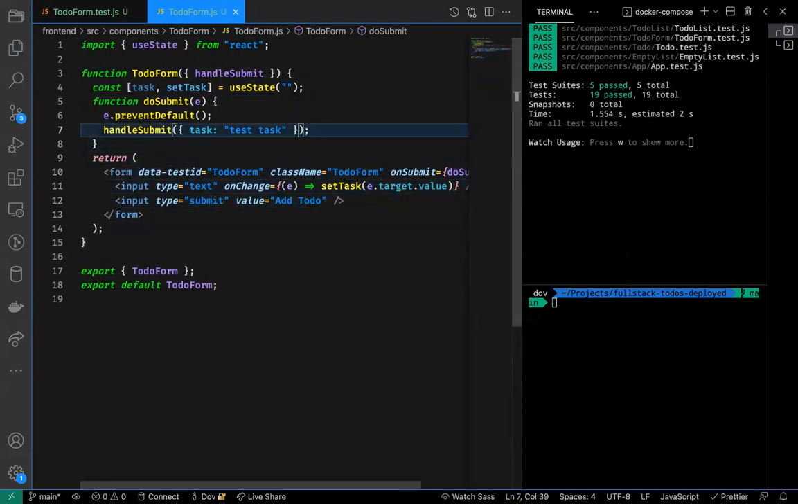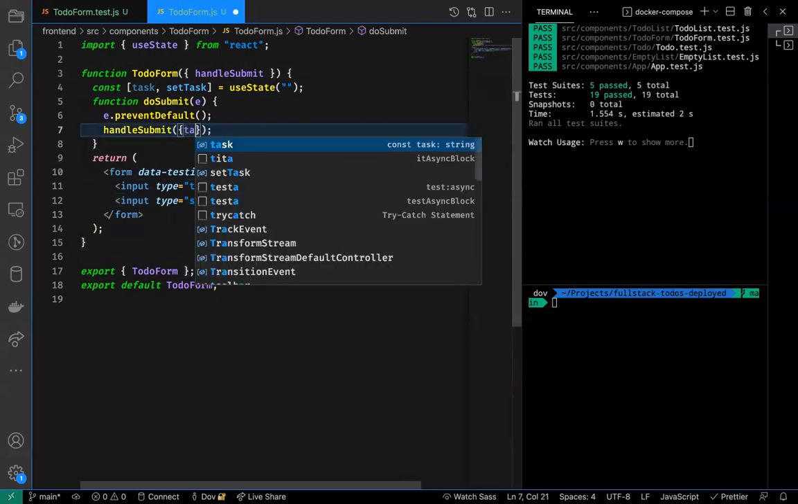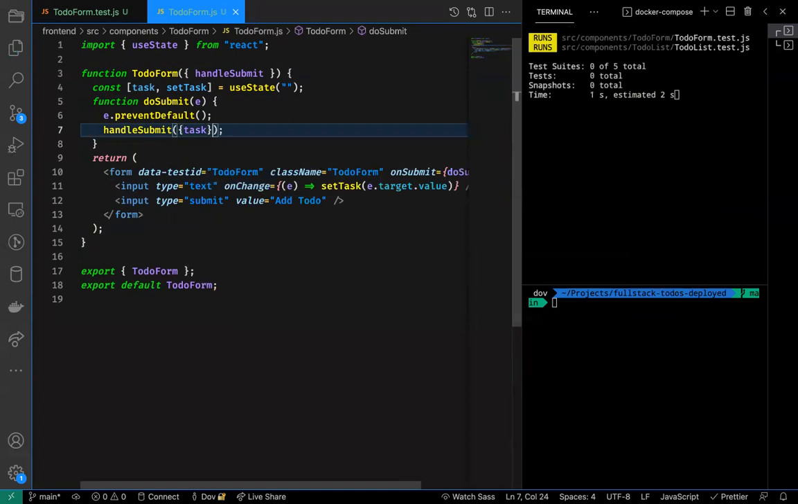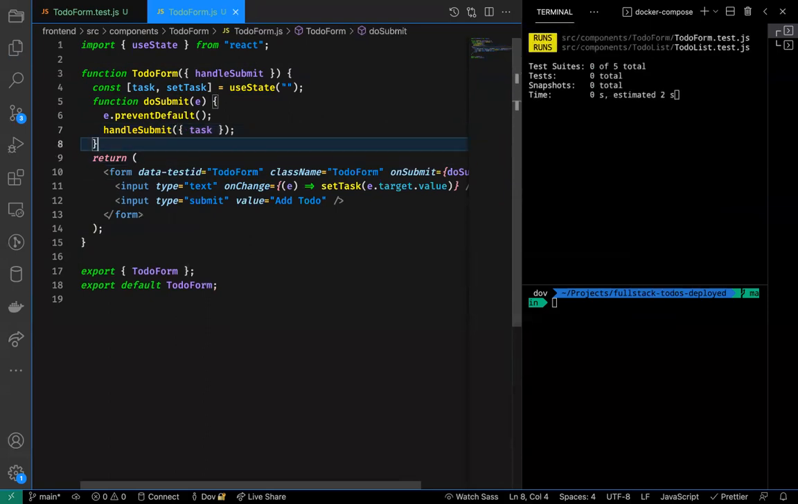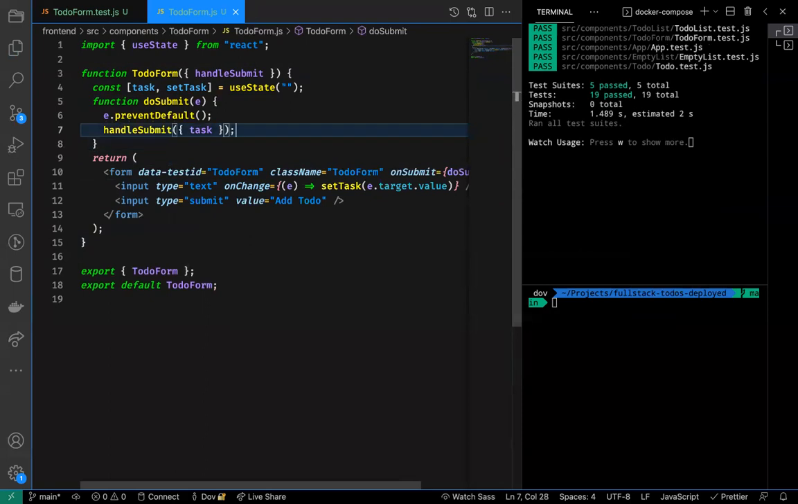Okay. With that, we should be able to simply submit this as task. And there we have it. Now everything is okay. So now our form does work, but a final thing that we're going to want here is that after we